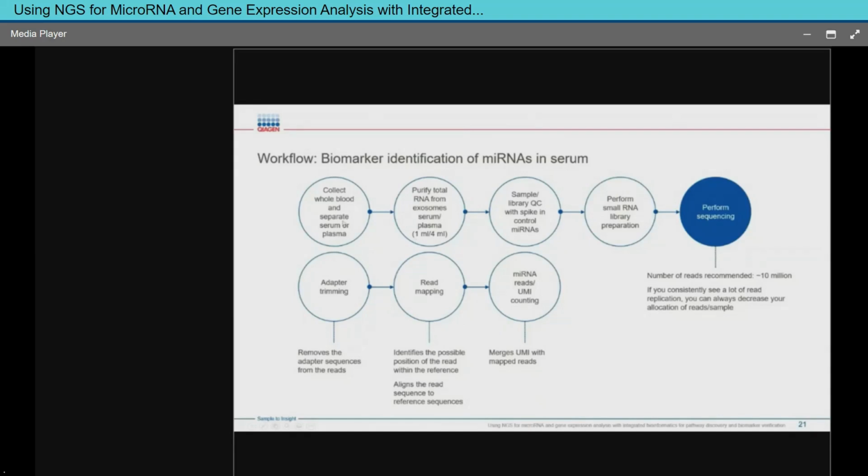The reason why I bring up all these different controls is that you can see each of these bubbles here. When we have each of these bubbles as a major workflow step, if we have any sort of change in the efficiency, for example here, when we're collecting our blood and separating the serum or plasma, when we go down and we purify the exosomes from here, as we go through and we purify the RNA, as we go through and we do the library preparation,